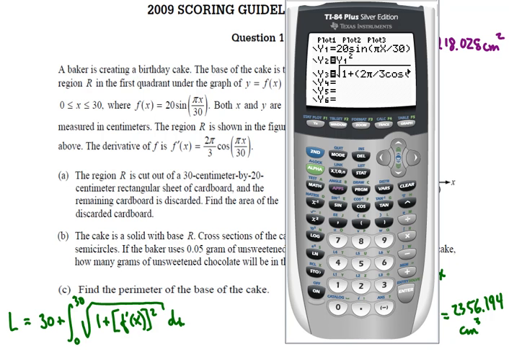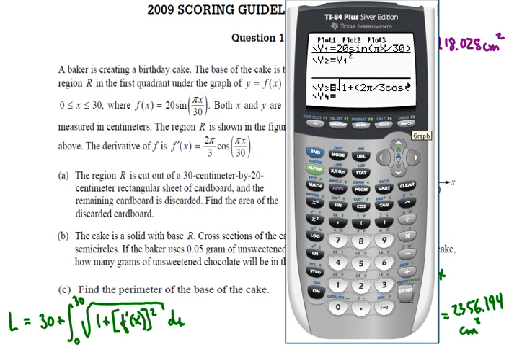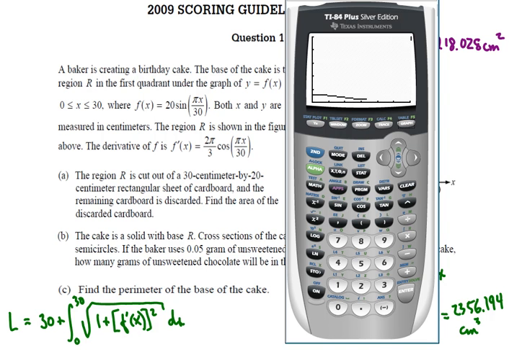One thing that I want to do is turn off my other function, so I'm going to turn that one off and go into graph, and my new integral expression looks like that. And all I want to do now is to find the area under that curve from 0 to 30 and add 30 to that. So integral, and my lower limit is 0, upper limit is 30,